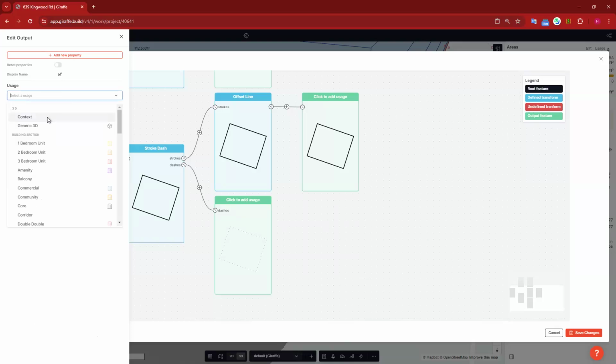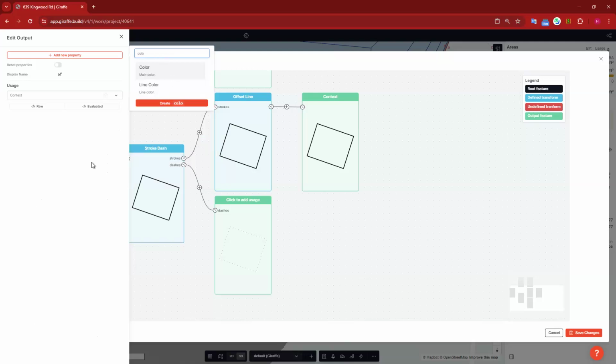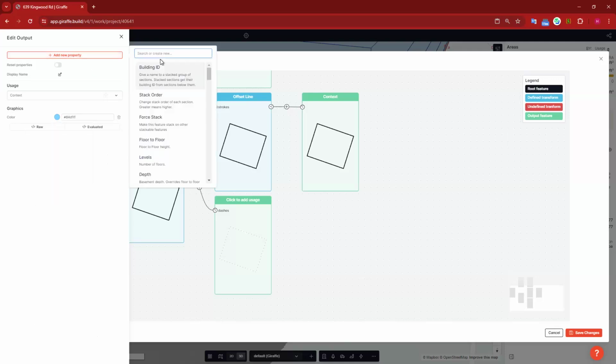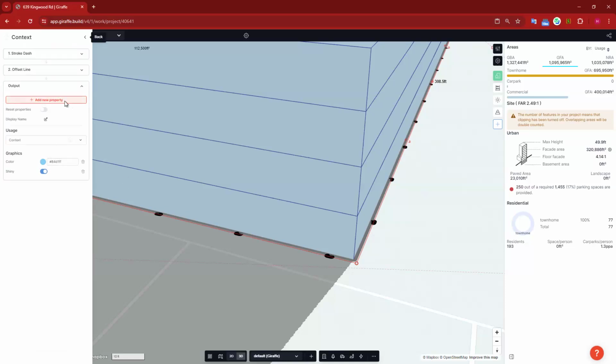And I'm going to just make it context for the purpose of this, and make it blue so that it looks like windows. I would recommend creating a window usage, but just for the demonstration, I'm going to do it this way. And actually want it to be, I'll just make it commercial so that it